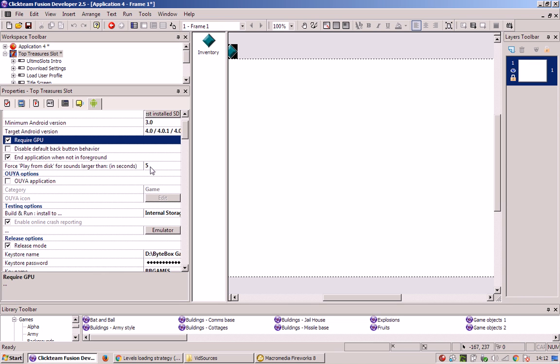And not only that, you're quite limited on the Android Play Store to what your file size can be. Your initial file size can be up to 100 meg. After that, you've got to do expansion files. So that means you're going to have to start coding expansion files into your Android application. It's not what you want to be doing. So